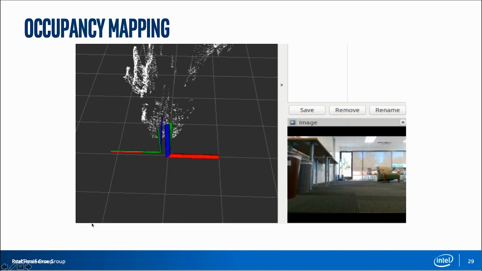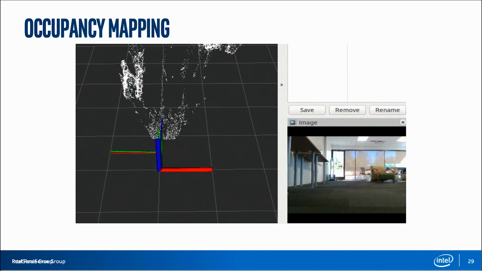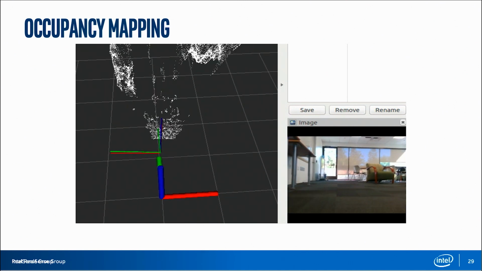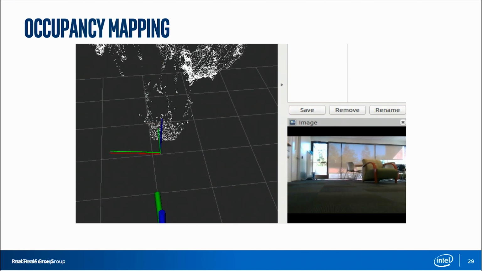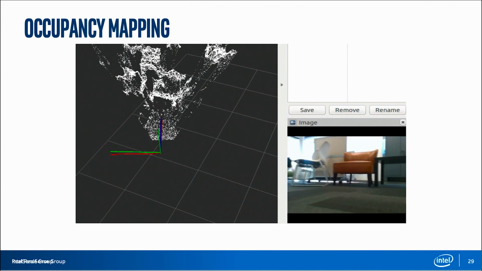And I want to show some sample input. That is the data coming from both cameras. We see in bold the world reference frame here, the pose of the tracking module, and the point cloud. And this experiment was actually done to